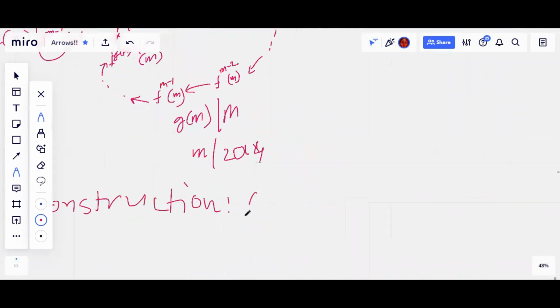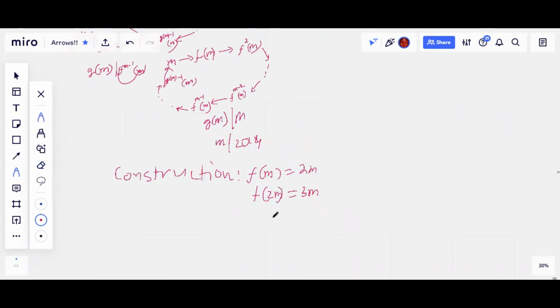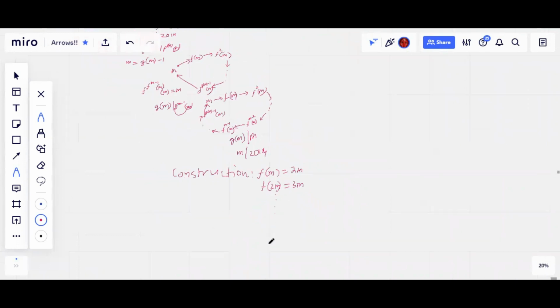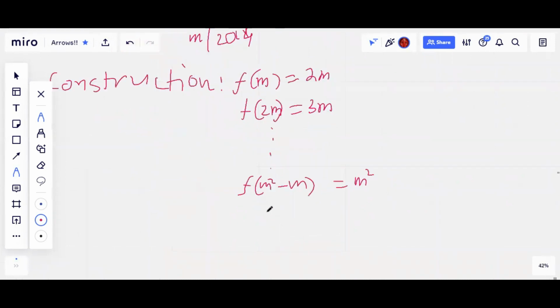The construction is just this. You have f of m equals m, f of 2m equals... Basically, you are considering every number which is a multiple of m till f of m square minus m plus m square, f of m square equals m,